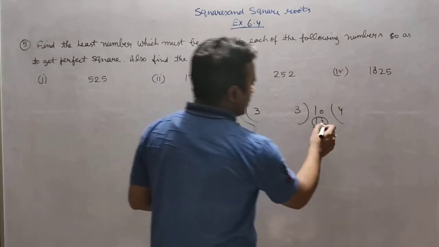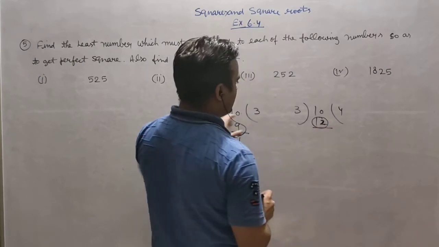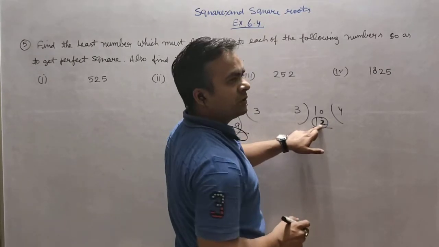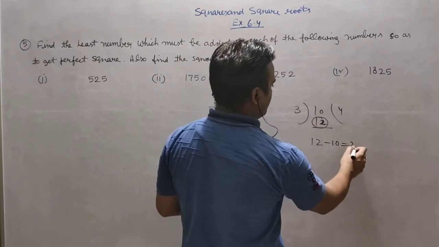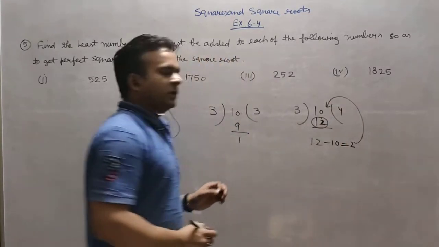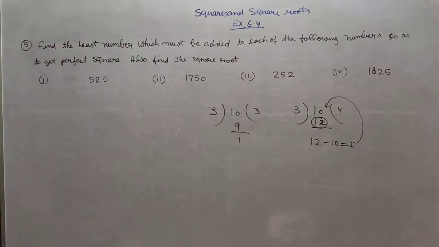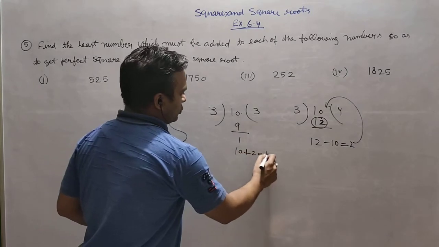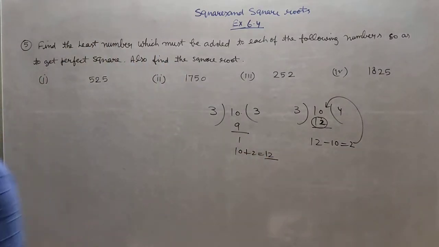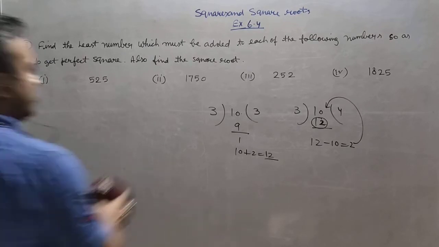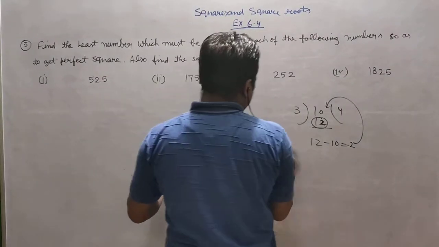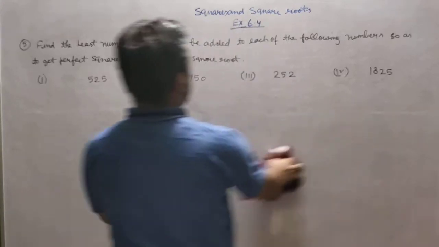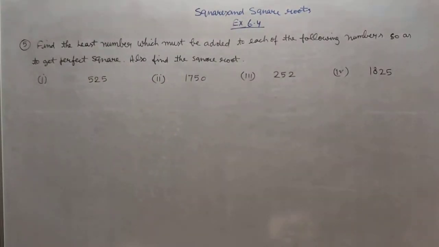So what you will do is find the difference between this number and this number. What is the difference? 12 minus 10 is 2. So it means 2 should be added there. This is the approach we are trying here, because now this 10 when added with this 2, we will get 12, and 12 is divisible by 3. So in square root we will try to do the same thing, but in the square root division form, because square root division is a little bit different, right?